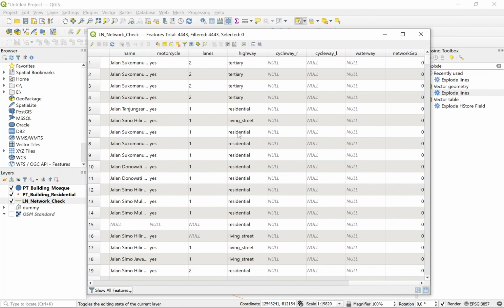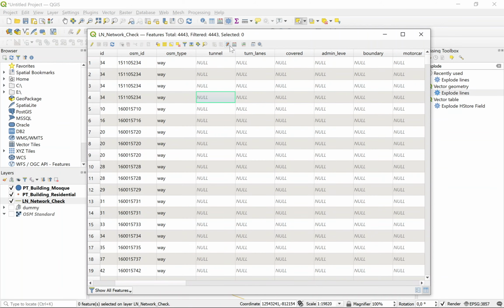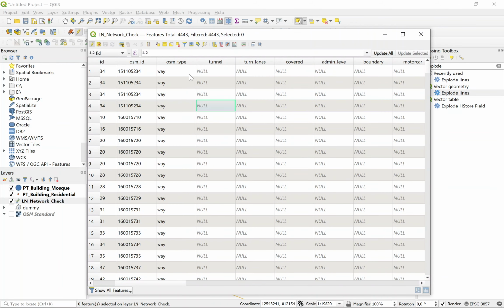We don't need these rows, so we can delete all these rows. We can start editing again, and then delete field, press Control A and then click OK. It will remove all these rows.